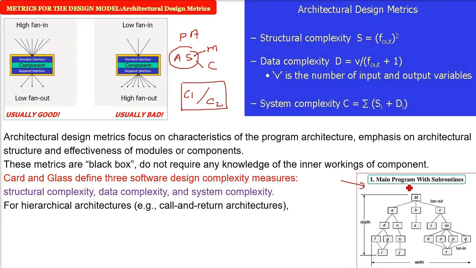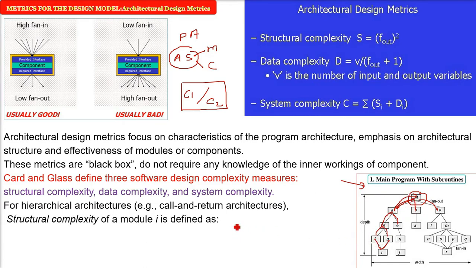So here we have a call and return architecture. That is, the main module or main function is going to call certain functions, and those functions are going to call again some functions. So this is a call and return architecture. This is a hierarchical architecture. We have a proper hierarchy here. Now for this hierarchical structure, if we want to define these different complexities with respect to the architectural design metrics,